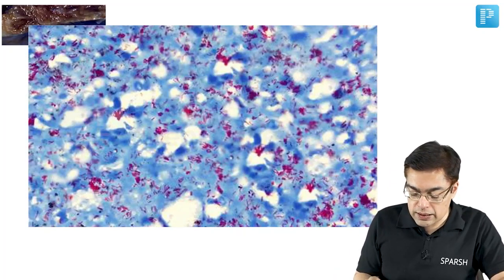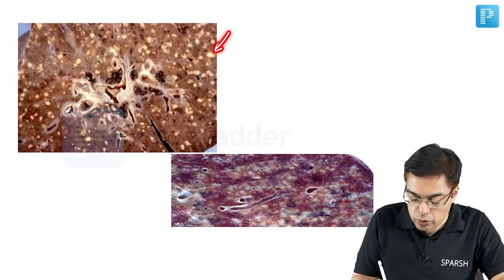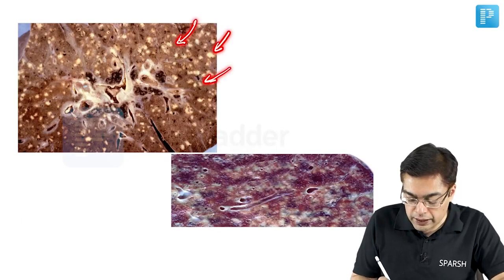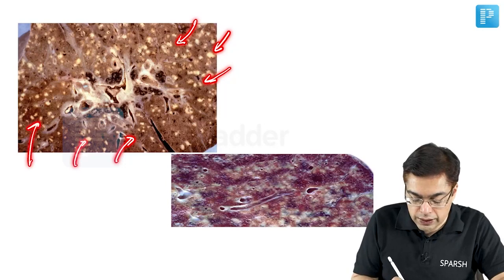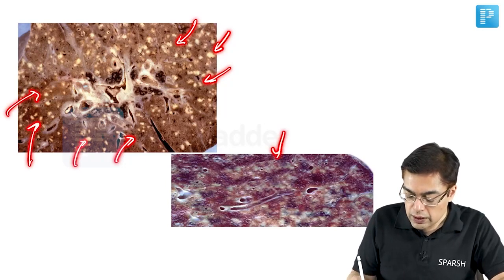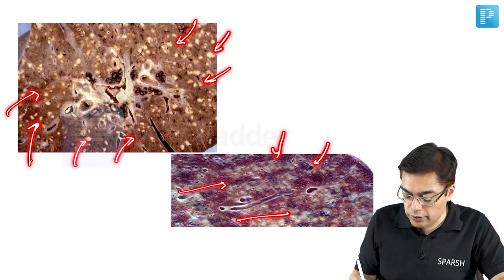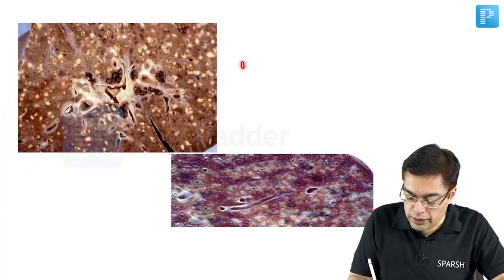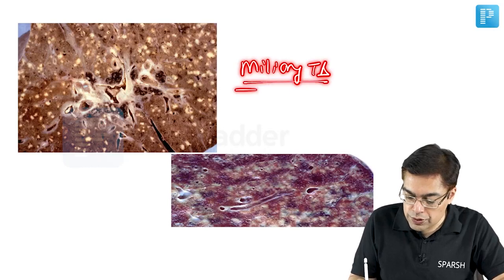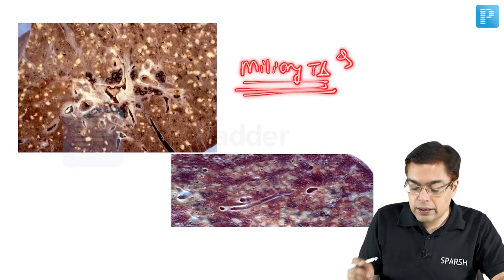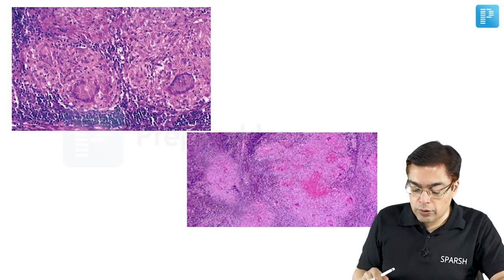When we have the seeding of the bacilli in different areas of the lung, you are going to be having the presence of those millet-like, white dot-like appearances in different areas of the lungs as well as different organs as you can find over here. So that is what is going to be given the name of miliary tuberculosis. We need to be familiar with the fact that at a histological level, the tubercular infection is going